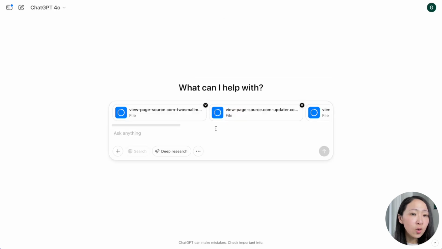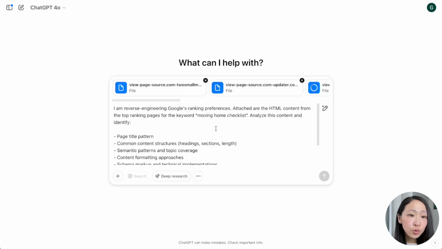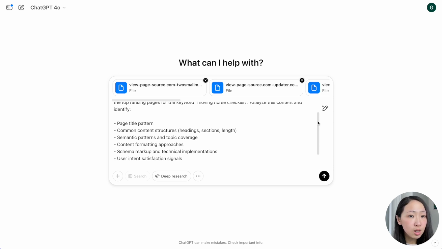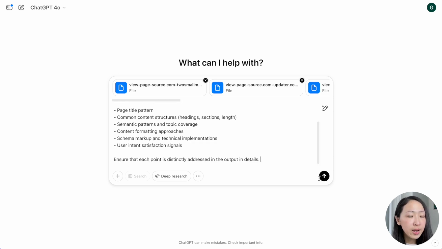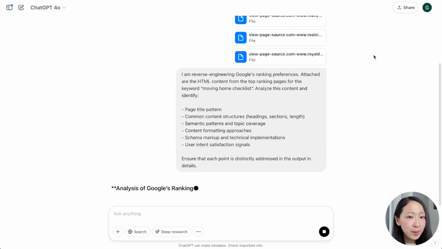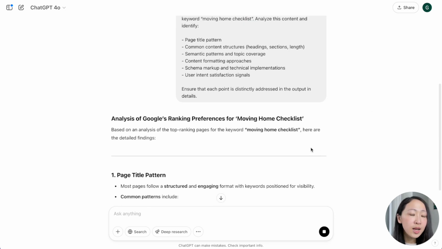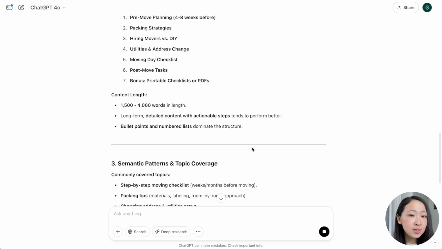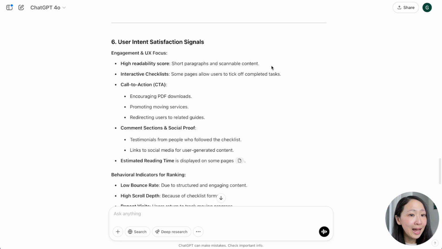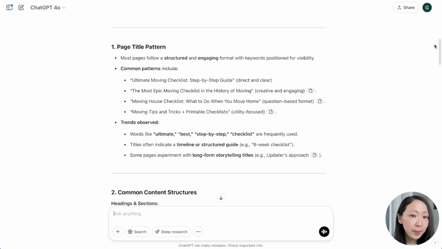Then on ChatGPT or any AI that you like, and if you prefer, you can even use reasoning models, attach all the HTML files and use this prompt to ask it to analyze these top ranking pages and identify areas like content structures, semantic patterns, topic coverage, as well as the schema markup. And now you will see the analysis is so detailed, like how most of them are using engaging page titles